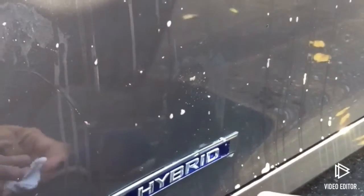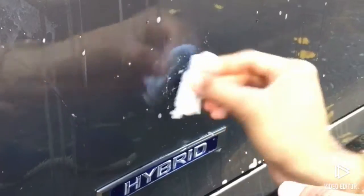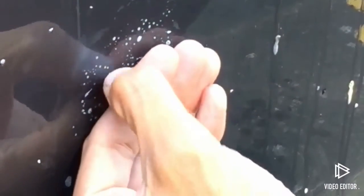Okay, pause. Okay, so now I've left it for a minute. As you can see, it's totally wet, and now the fun basically begins, right? So now it's all wet from all the sides, and it's pretty simple. A little bit of pressure,